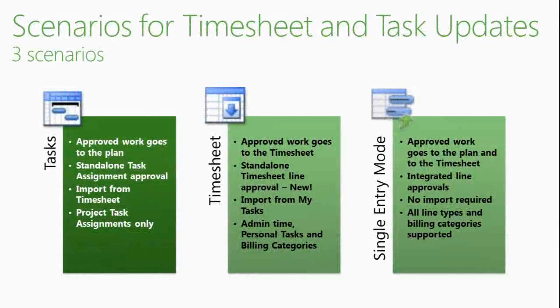All right, so a very quick review of the scenarios for the timesheet and task updates. This is what the product offers. You have three scenarios. The main three scenarios are, you have the task view, right? So you enter the progress, basically a report on your assignments as an end user. And then you will have your project manager approving the task updates, hopefully approving them or rejecting them, doing something with them at least. And then applying the updates to the project plan, saving the project plan, publishing the project plan